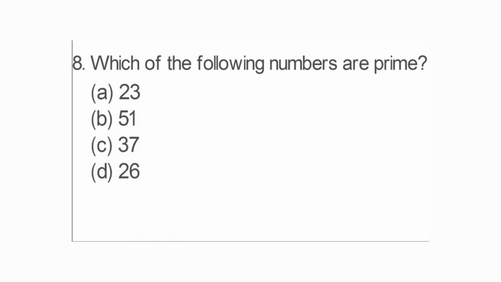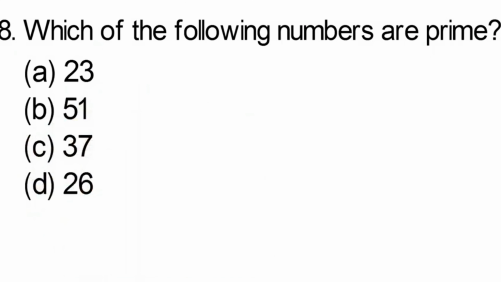Now question number 8, we have: which of the following numbers are prime? This will be very simple, because every time I'm doing prime, composite, prime, composite. So we can easily find out which number is a prime number and which is not. But here I'm telling you how to write down the solution. Suppose I take the A part as an example only, I'm solving it for your help, and the rest of the parts you will do on your own. This will be the homework.